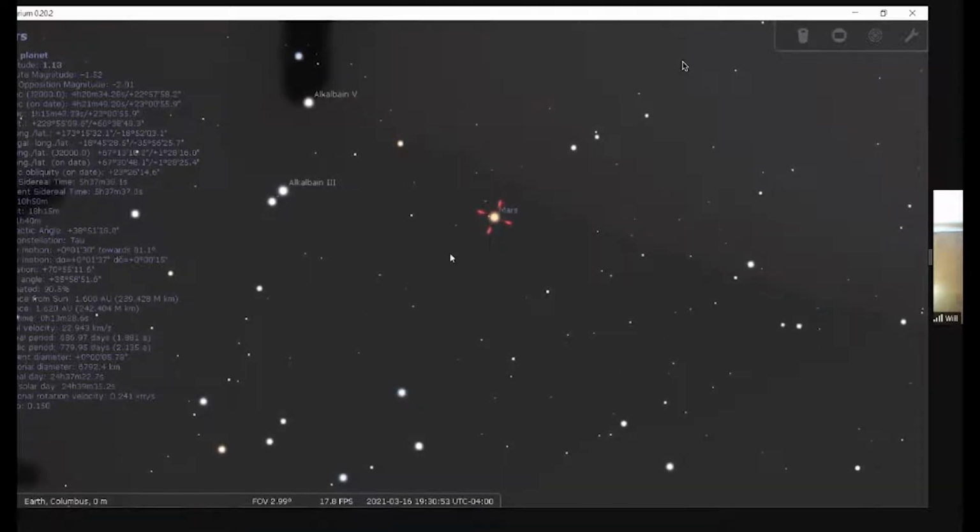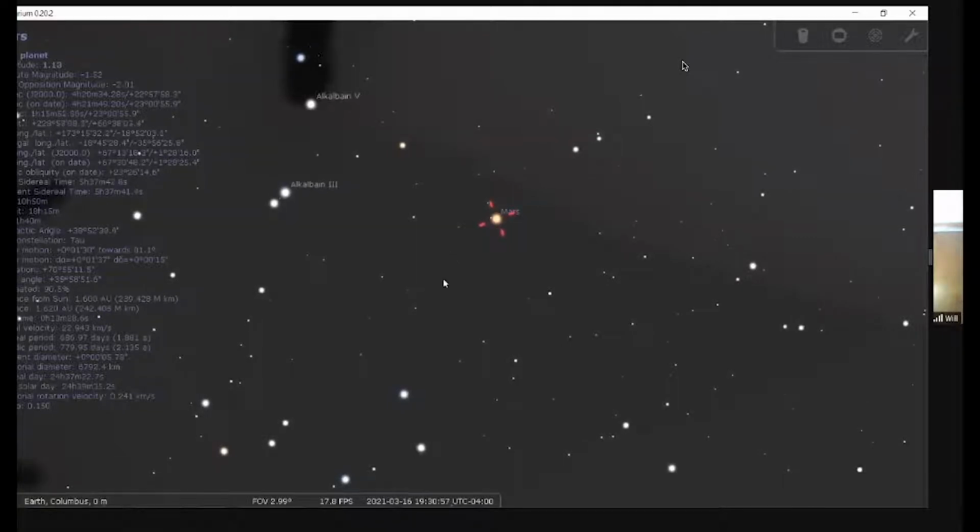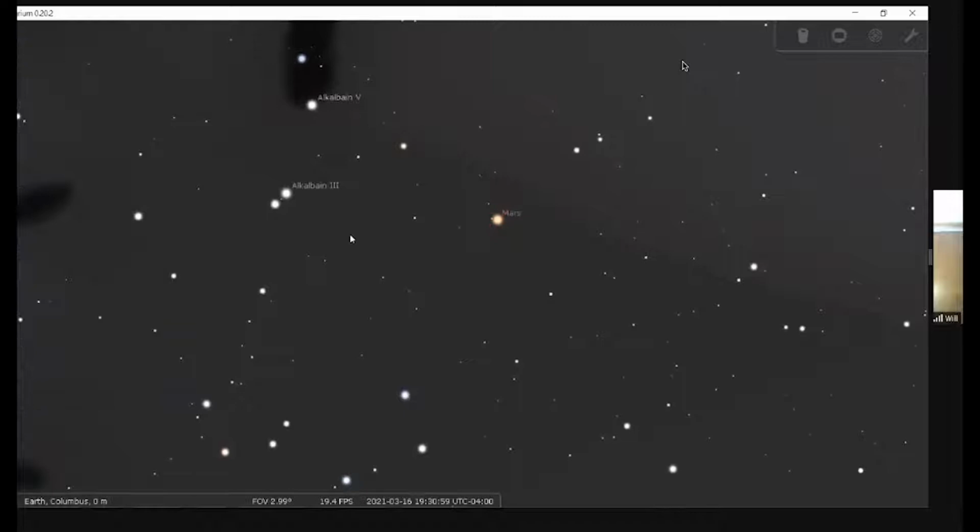It has all the Messier objects and a great number of the NGC objects, with the detail in each one and links to Wikipedia. I'd like to go back to the web version. Can people see a web version now, or are you seeing the old version? No, we need to go out and go back in. Okay, I'll have to stop share, go back in,